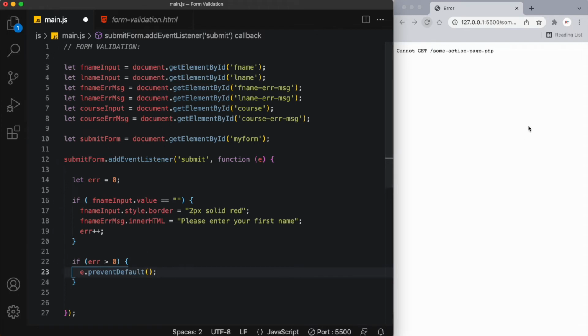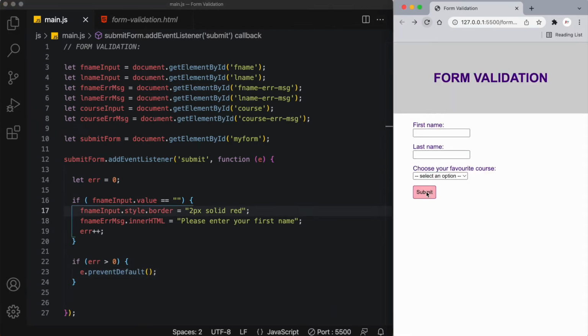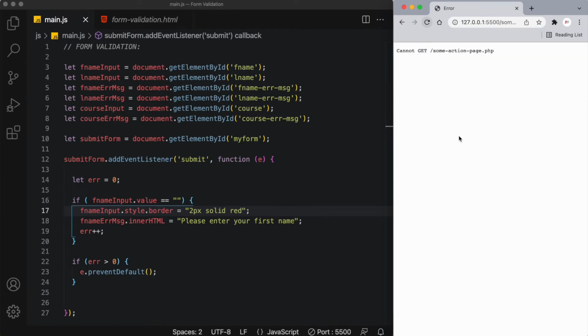Like so. So now, if I save this, and now when I click on the submit button, we're going to see our error message and the form doesn't submit. Please enter your first name. Okay, perfect. So now if I enter my first name, so let's say J, and I hit submit, we're able